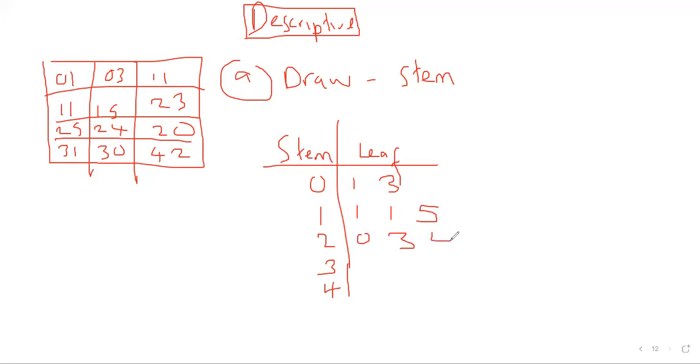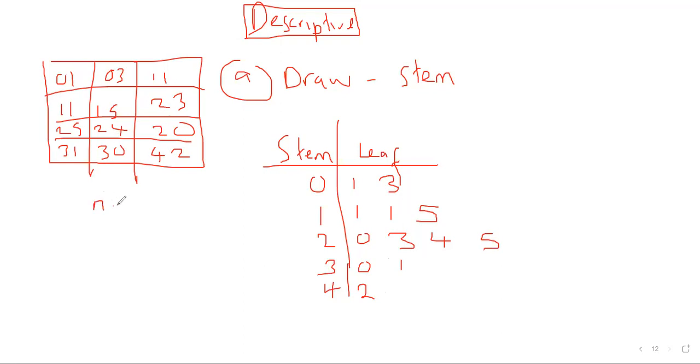Then 24, 2, 4. Then 25, 2, 5. On the 30s, the smallest is 3, 0. Then 3, 1. On the 40s, 42, so 4, 2. So total numbers we have 1, 2, 3, 4, 5, 6, 7, 8, 9, 10, 11,